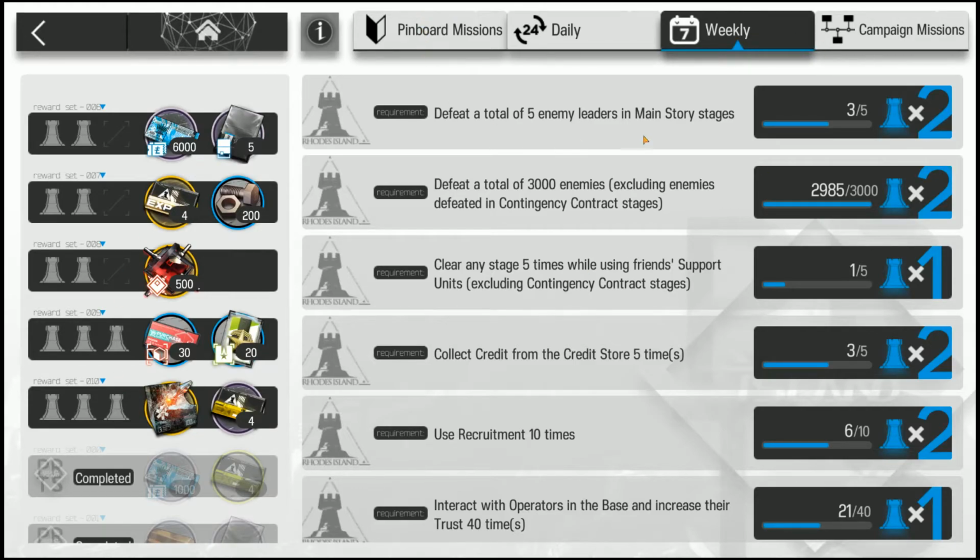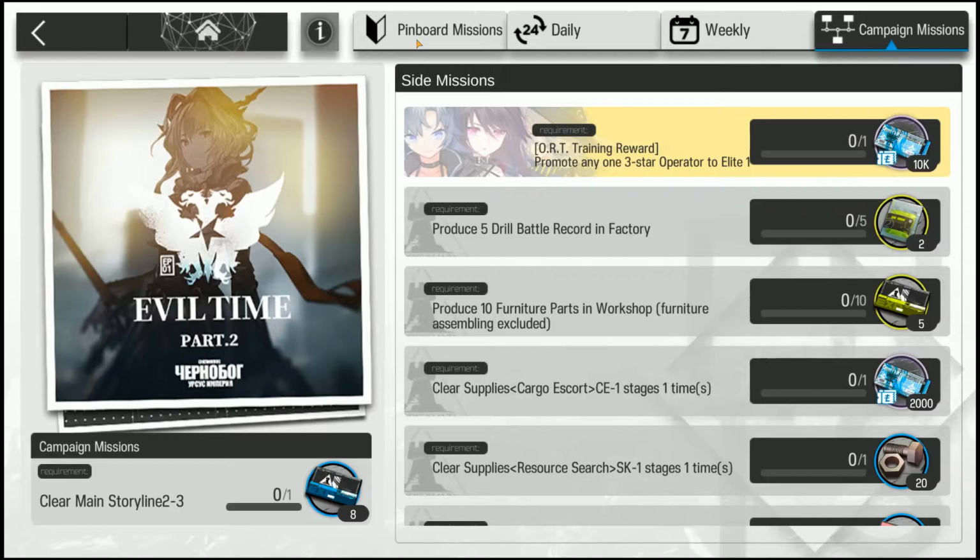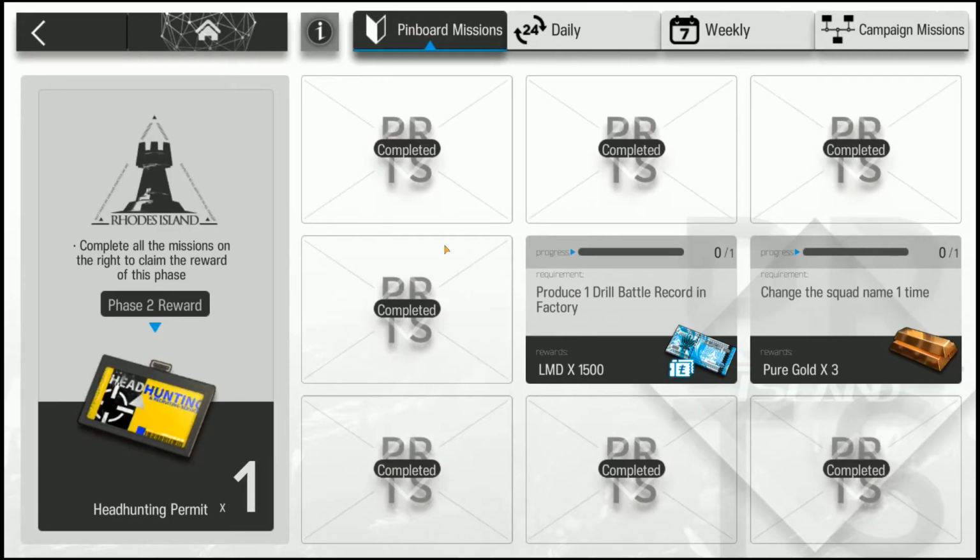The 2 areas where you'll need to do certain special things will be your pinboard and your campaign missions. These are all fairly simple. You usually just do X of something within the factory or within the workshop, or in the case of pinboard missions, you'll have a few other more specialized requirements, like change the name of a squad or something. You just do them, you knock them out, get some free supplies, and then at the end you will get